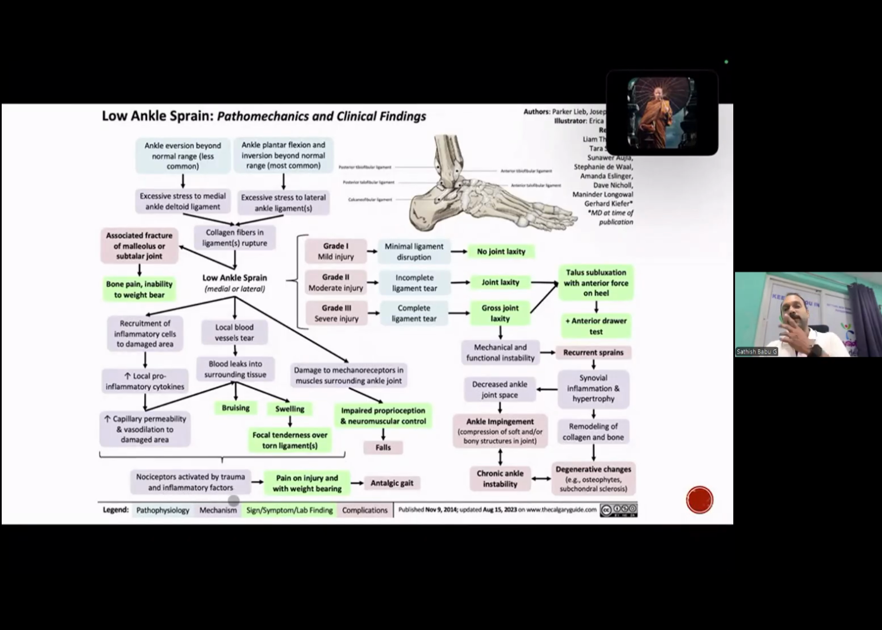So nociception is the sensory input given by the injured area, and when our brain processes the nociception, it perceives it as pain. So pain on injury and weight bearing, and that's the antalgic gait changes. So when there is damage to the mechanoreceptors, there are mechanoreceptors around the muscles surrounding the ankle